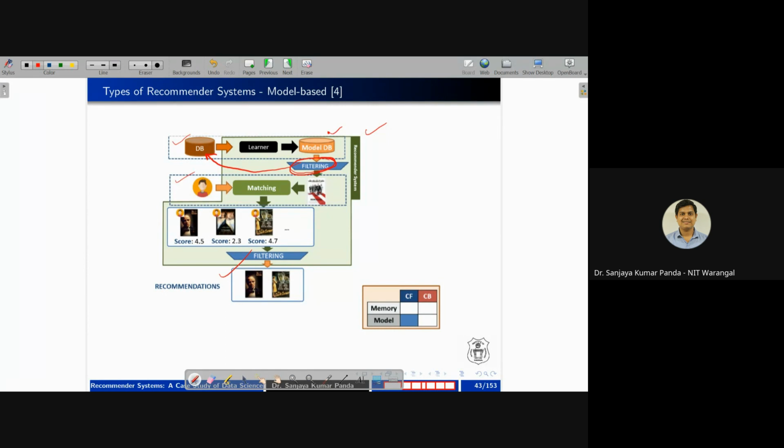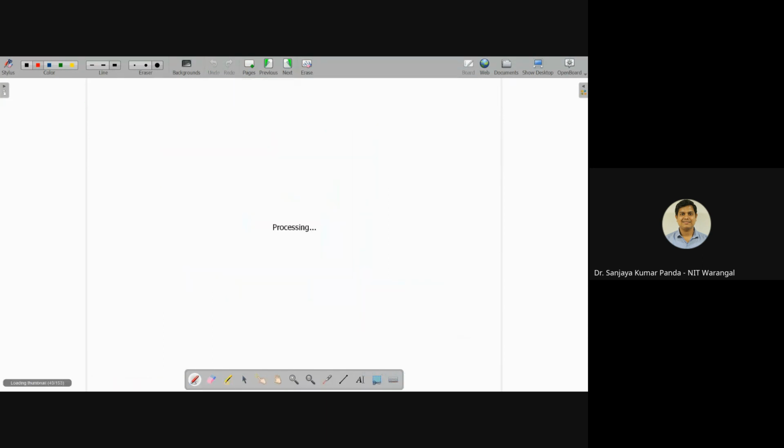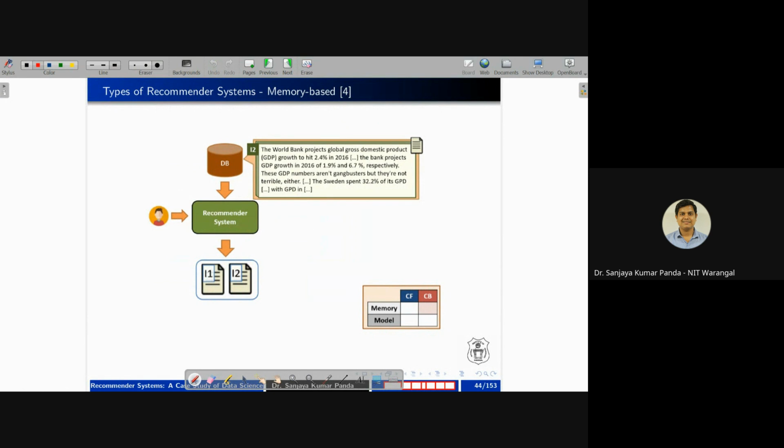Okay. So in this way, this model-based recommendation system works. Now, if you come to memory-based system or content-based filtering system, this first one is collaborative filtering. Second one is content-based. So in that case, if you see, for example, you are reading a particular newspaper, which